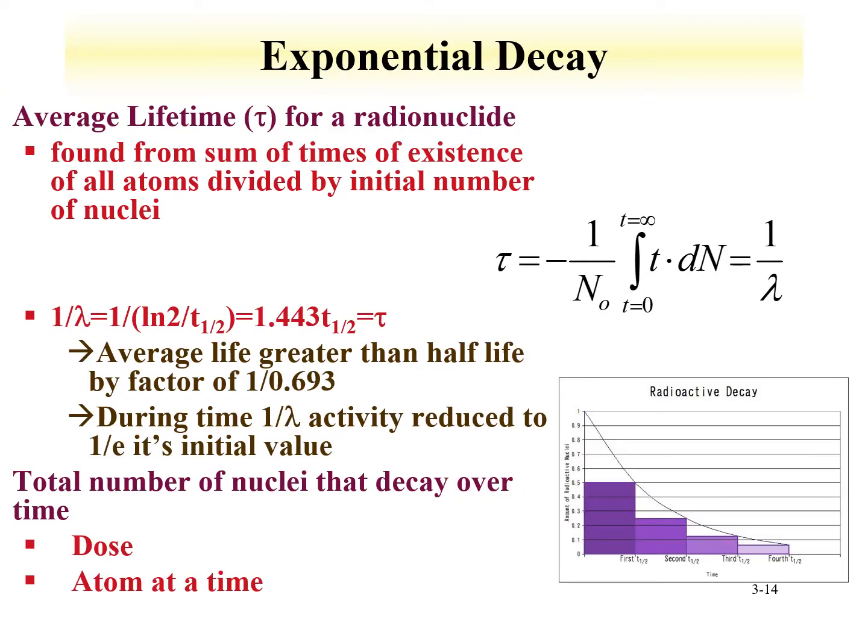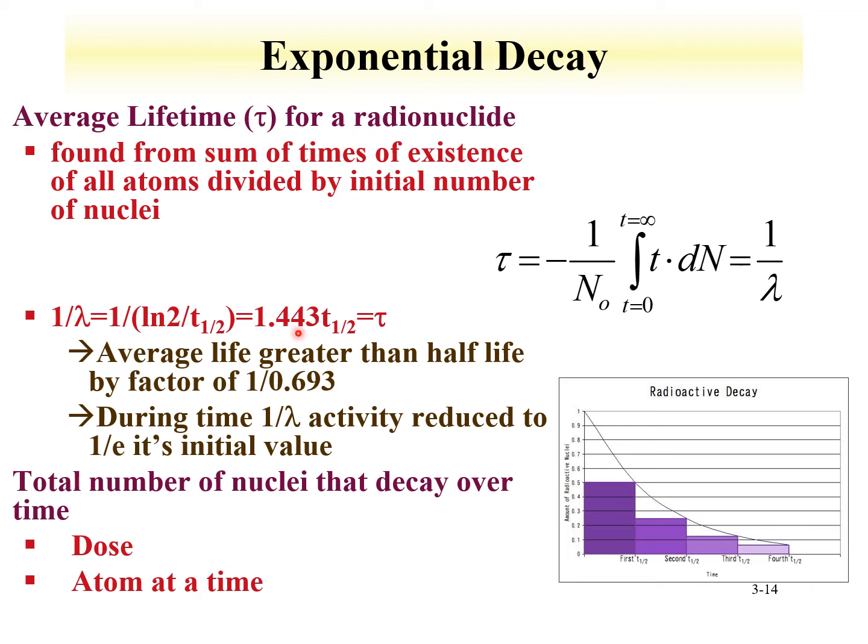So as opposed to discussing the half-life of a radionuclide, the amount of time it takes for half of that radionuclide to decay, I can also discuss an average lifetime of a radionuclide. So it's the sum of times of the existence of all atoms divided by the initial number of nuclides. So this average lifetime is equal to this equation here. And I can expand on this. It turns out to be 1 over the decay constant. 1 over the decay constant is equal to 1 over log 2 divided by the half-life. And it turns out that the average isotope